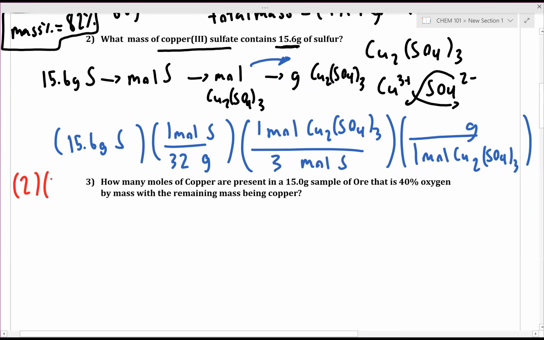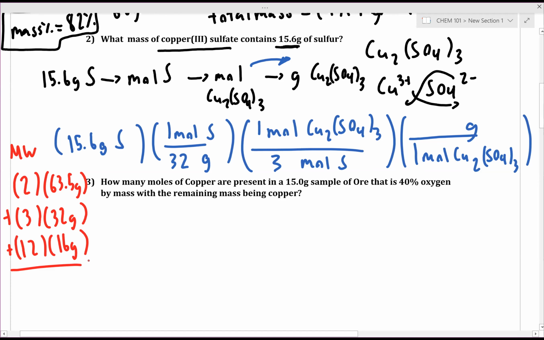63, about 63.5. Okay, so as our sidebar calculation of the molar mass, we have the number of copper atoms times the mass of copper. How many sulfur atoms do we have? 3. And we know the mass of sulfur is 32 grams. How many oxygen atoms do we have? 12. So we take our 12 oxygen atoms times 16 grams,